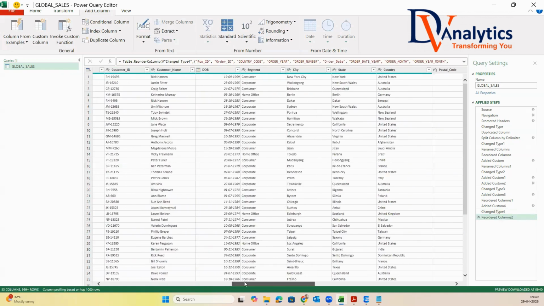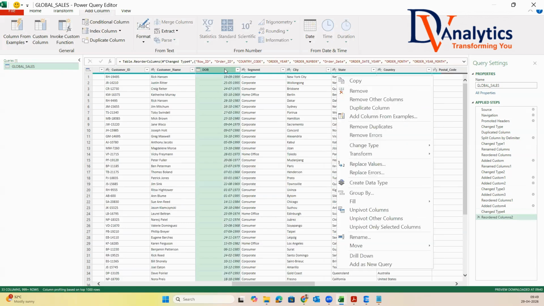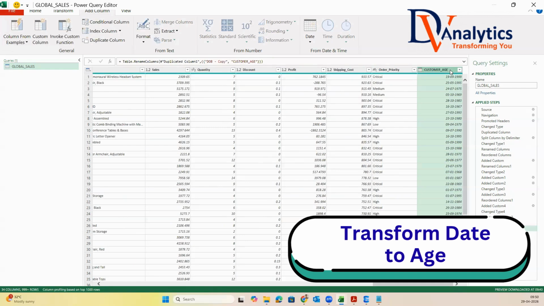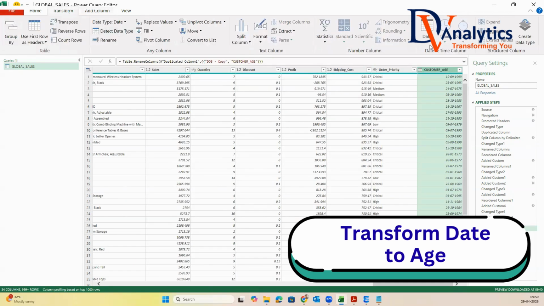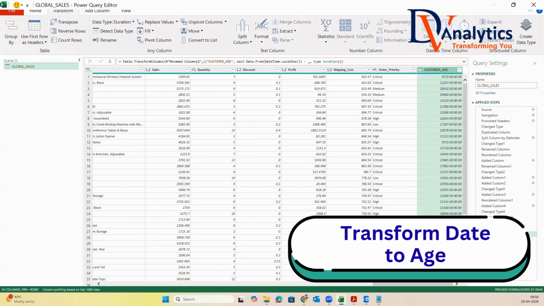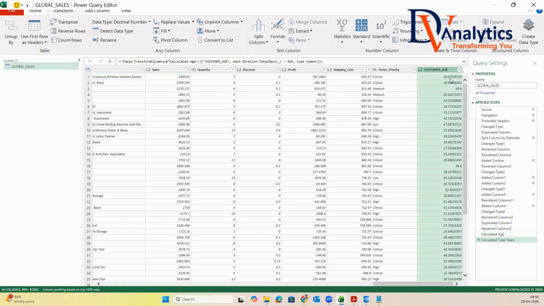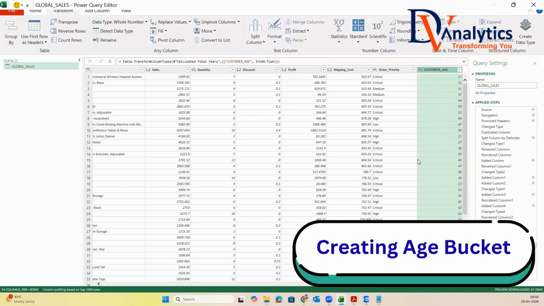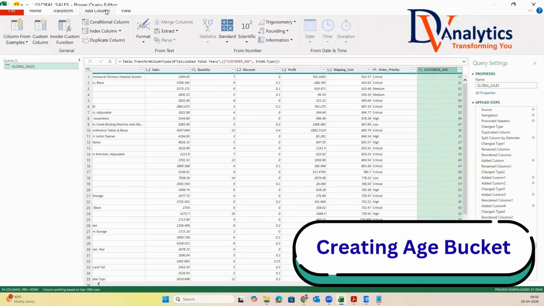Right? Now from customer date of birth, you want to get the age and the age bucket. Right click, duplicate the column. I call this as customer age. Select this customer age. Go to transform, date time, date as age, duration as total number of years, change type to a whole number. Since you got the age, to get your age bucket, you can go to add column,